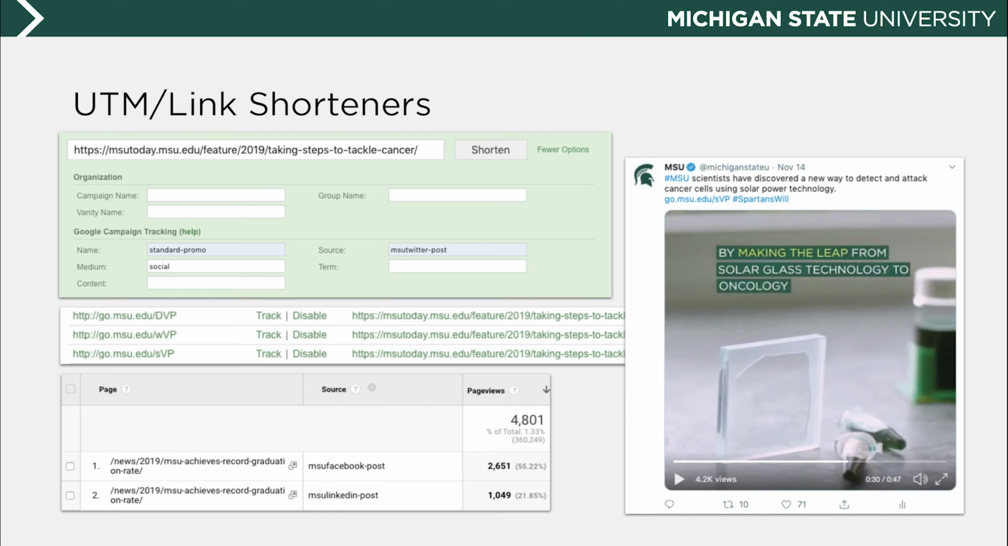So I can see MSU's Facebook post drove this many page views in Google Analytics, Twitter, LinkedIn, they've gotten this many page views. So really being able to identify where your traffic is coming from is really important. For us, we know that Facebook just drives the most traffic. So if I need to help affect that number and that goal of driving traffic, I know Facebook automatically is a really good place to do that versus something like Twitter, where maybe surprisingly, people don't actually click